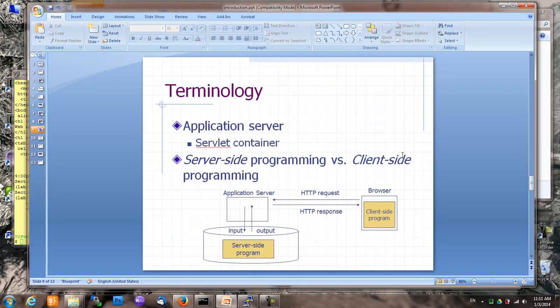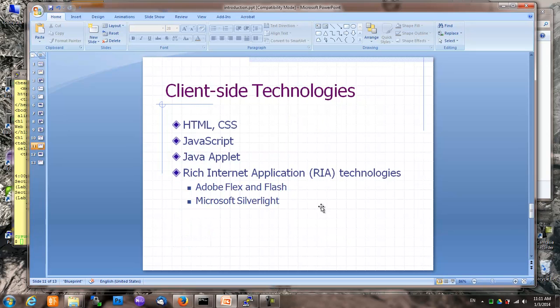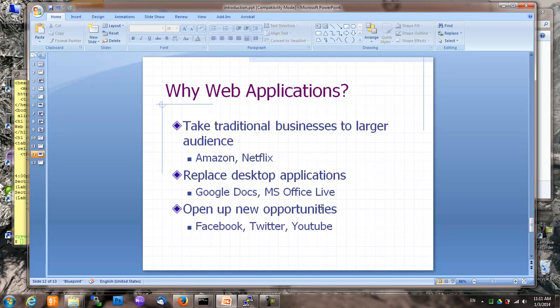So now that you know what is a web application and what is web application development, let's get back to the question, why do we have to learn to write web applications? What's the importance of this that we have to spend a class on this? Now, to answer that question, all you need is to look at some of the most successful companies these days: